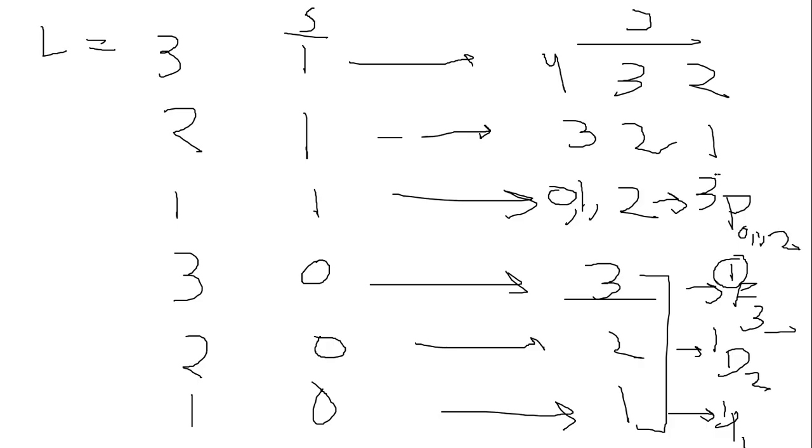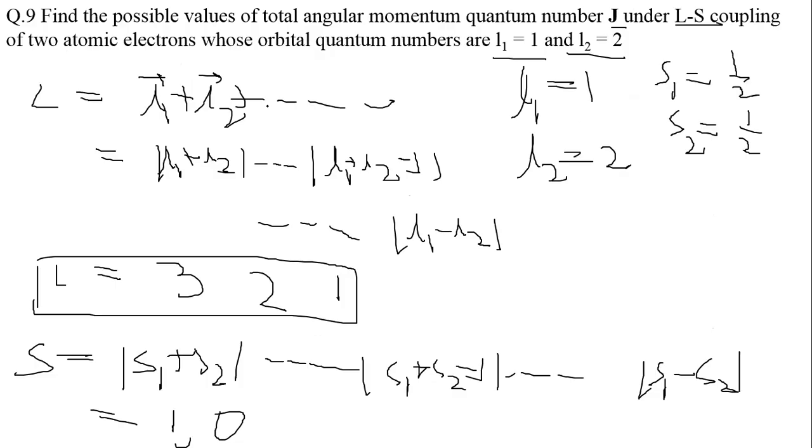So as you can see, here 3 gives the degeneracy or multiplicity, and since 2S plus 1 is 3, we are getting 3 values of J, that is 0, 1 and 2. So these are the possible combinations which we will be getting if we calculate the LS coupling for two electrons